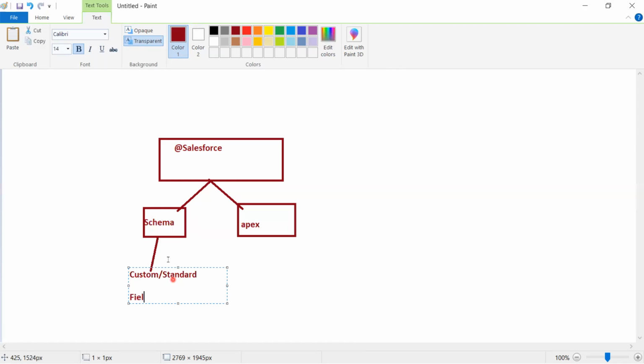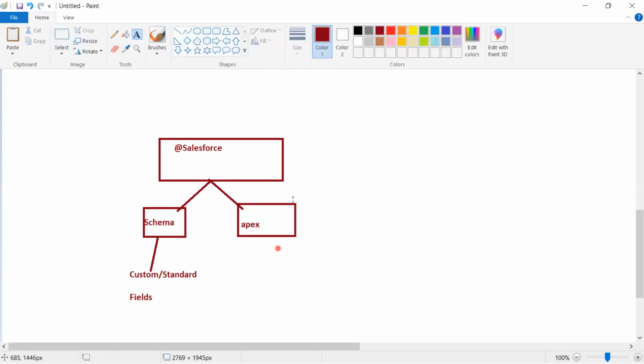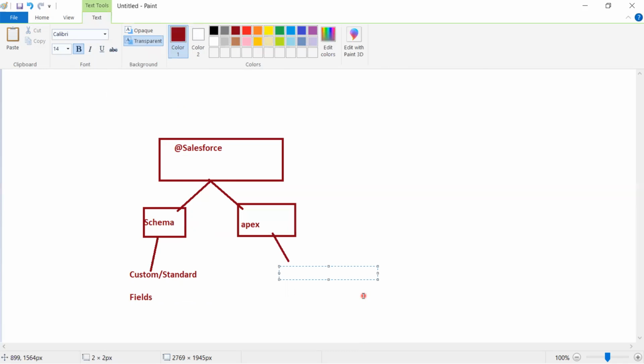Custom fields, standard fields, you can call it. Apex: using this, you can call a method in a specific Apex class if you want to call a specific method. For example, say the Apex class has 5 methods. Out of those 5 methods, you want to call the first one. In that case, you have to use @salesforce/apex/ followed by the Apex class name